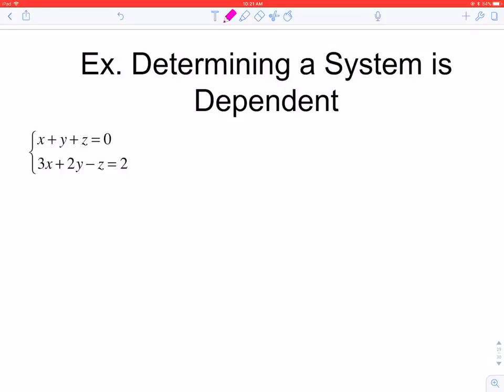Okay, we talked about when we have a system like this, where we have 3 variables and 2 equations. Remember, when we have an equation of 3 variables, the equation represents a plane. So if you only have 2 equations representing 2 planes, those planes are either going to be parallel to each other, meaning there would be no solution, or they're going to intersect in a line, so there would be infinitely many solutions. So writing this system as an augmented matrix,